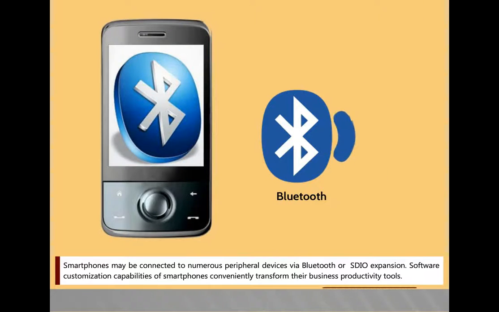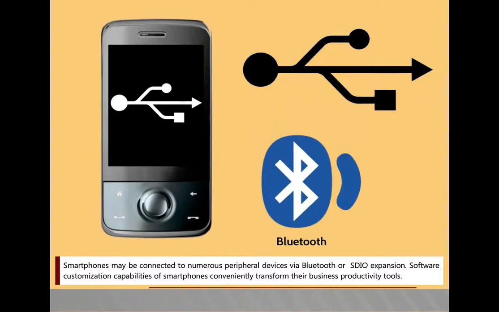Smartphones may be connected to numerous peripheral devices via Bluetooth or SDIO expansion. Software customization capabilities of smartphones conveniently transform them into business productivity tools. For example, a smartphone user could connect the following: